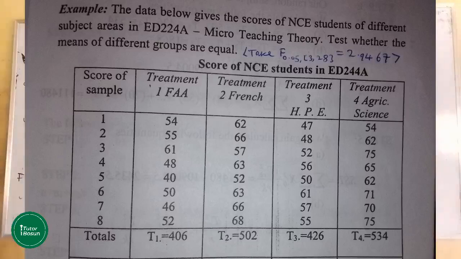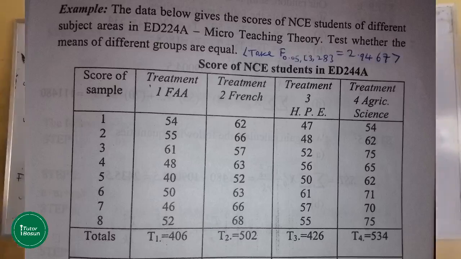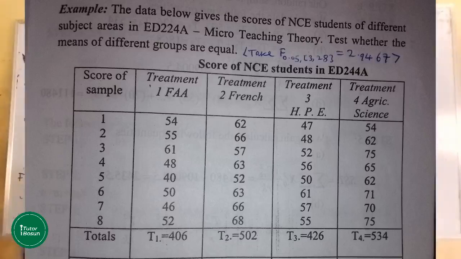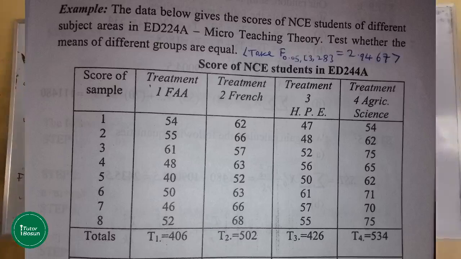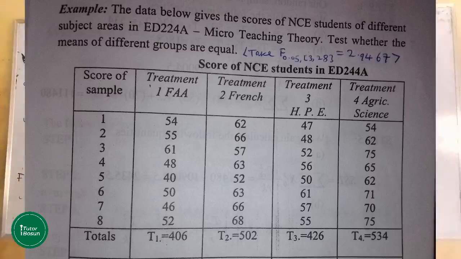This example says the data below gives the scores of NSC students of given subject areas in ED 224A, micro-teaching theory. Test whether the means of different groups are equal. So automatically your null hypothesis is that the means are equal, and your alternative hypothesis will be that the means are unequal. And we give the critical value. Take the critical value at 5% level of significance,